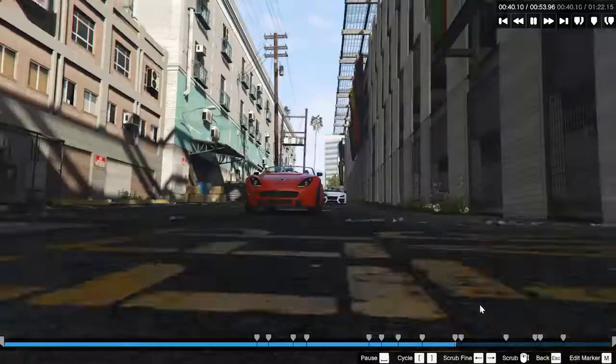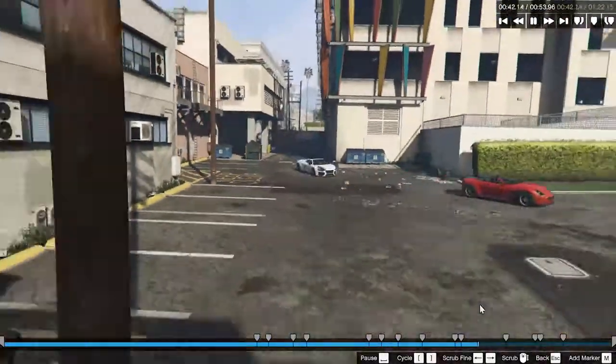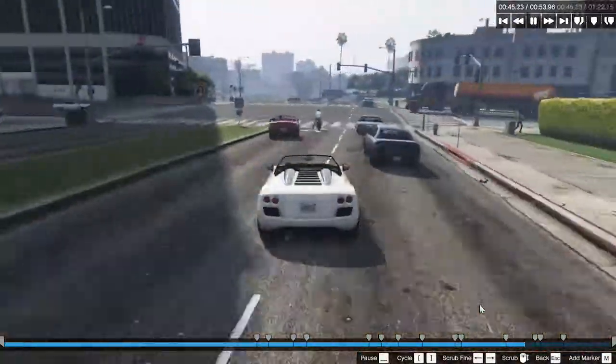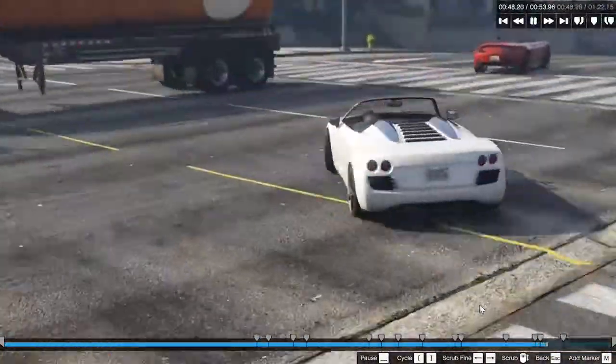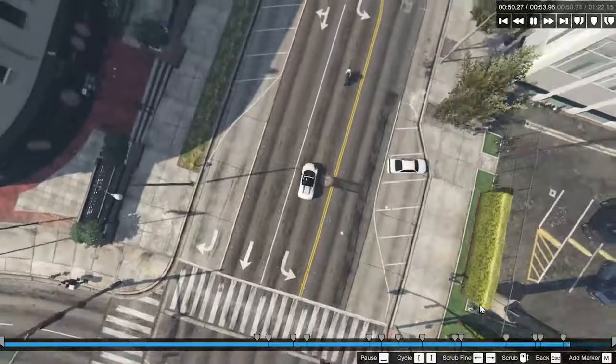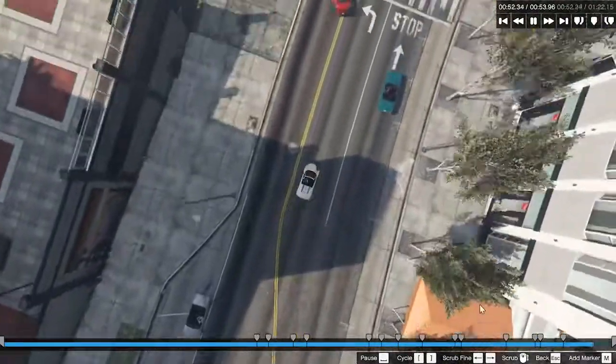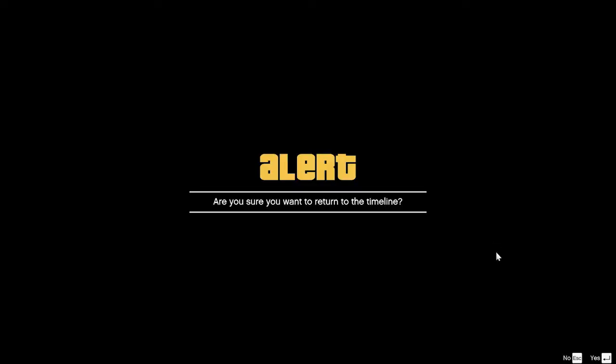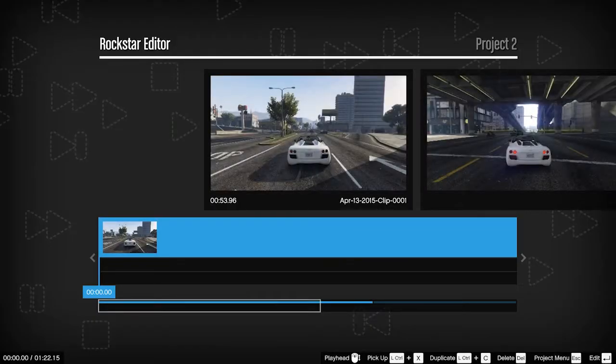You can see it's pretty seamless. Edits always could be better, but just giving a very generic look at what the editor can do with just videos that you've taken. It's actually not that bad. So that's that. So yes, and let's see if we can